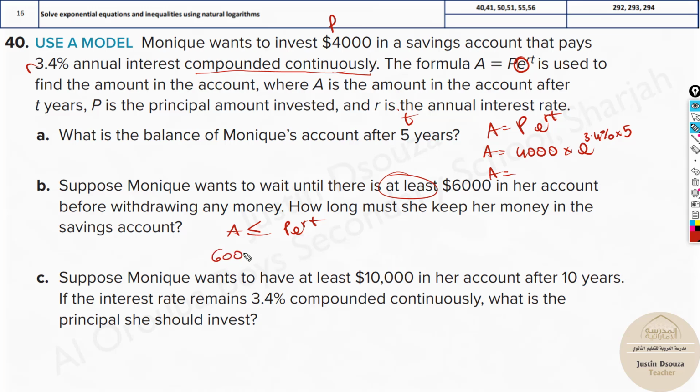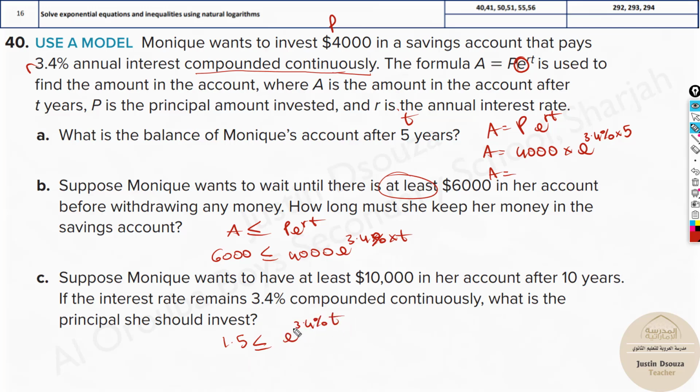So 6,000 must have the lower sign. Here we have 6,000 less than or equal to the initial amount 4,000 times e to the power r, the same 3.4%, but we don't know the time t. So now divide both sides by 4,000 and take off the coefficient before e. It'll be 6,000 divided by 4,000, which is 1.5, less than or equal to e to the power